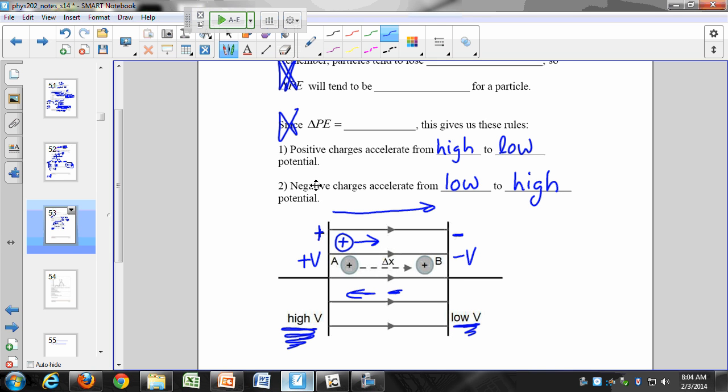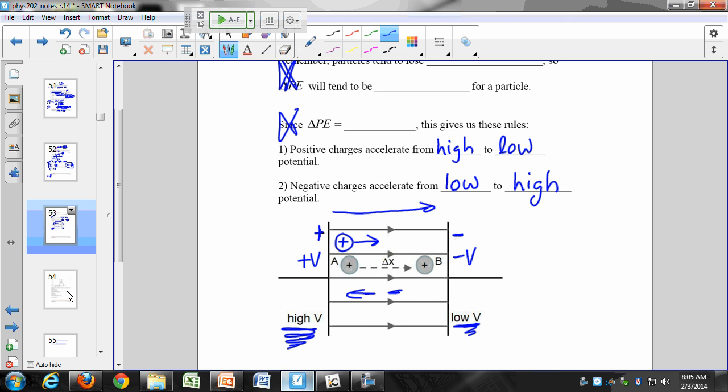If you forget those rules, it could come up in your multiple choice. I'll show you a similar problem in just a second. Just remember this setup where I have two charged plates. Positive charges move from the positive to the negative plate, that is from high to low. Negative charges move from low to high potential. And that's not irrelevant, because you can set up potentials in the lab and cause charges to move around by the potential that you set up.